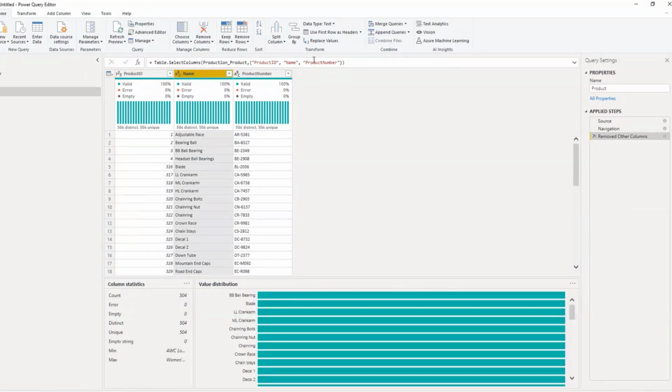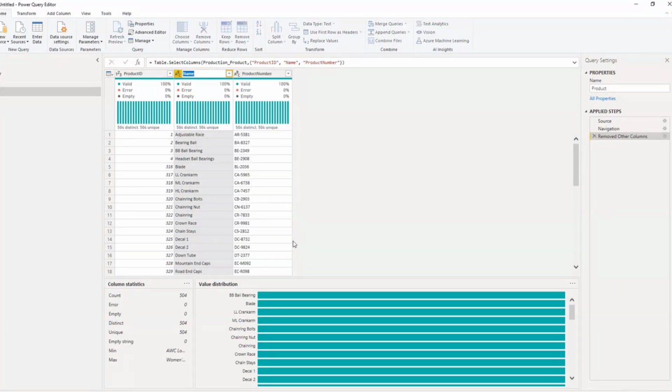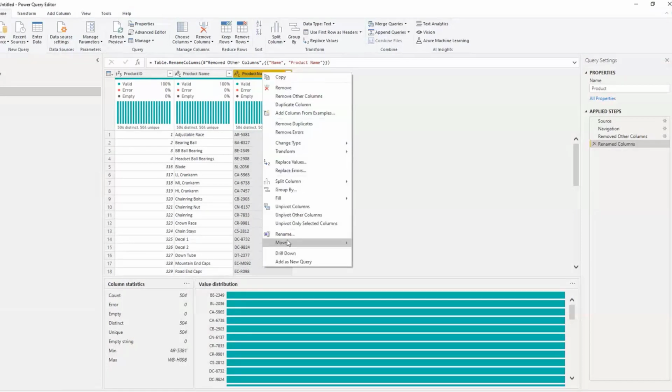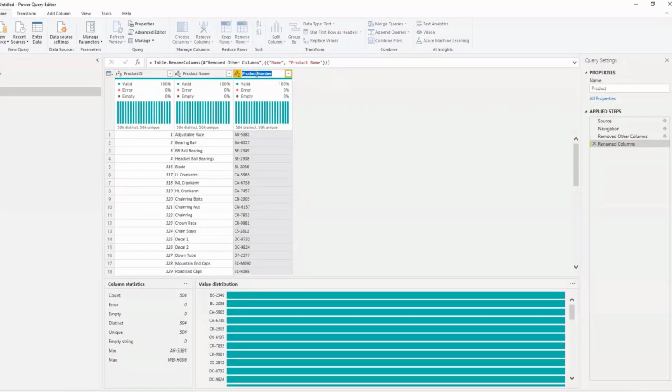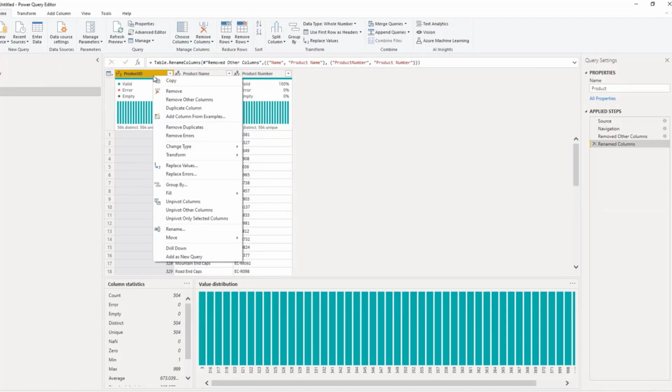So first thing, I'll just rename product as product name: right click, select the required column, right click and click on rename. And after that, click on product name. And afterwards, go to product number and select the respective column, right click, once again rename and product number. And go to the product ID column and basically right click, and I would call it source product ID,